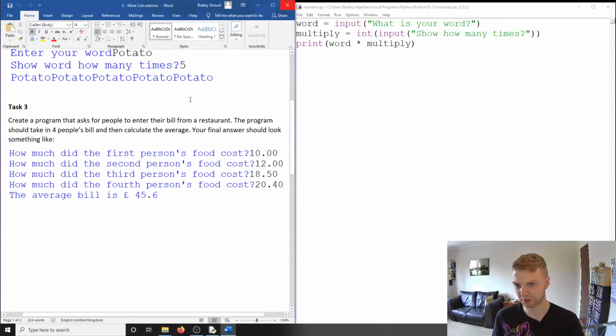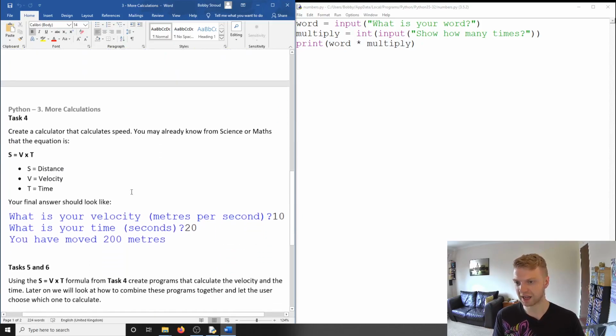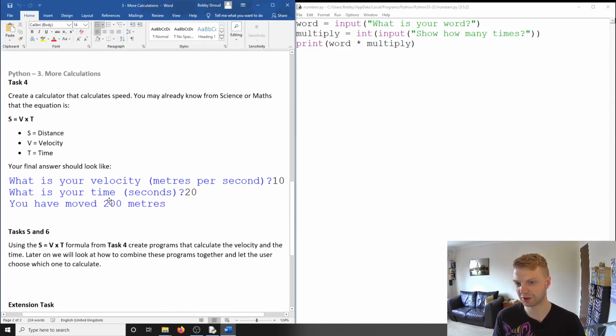Really, we just keep going on down. This one is a restaurant program, so it asks how much the food costs. It's just adding 4 numbers together. You're just putting it in more of a realistic context. This one is equations for anyone that takes physics. I think you actually do this in the earlier years of science as well. And all you're really doing is